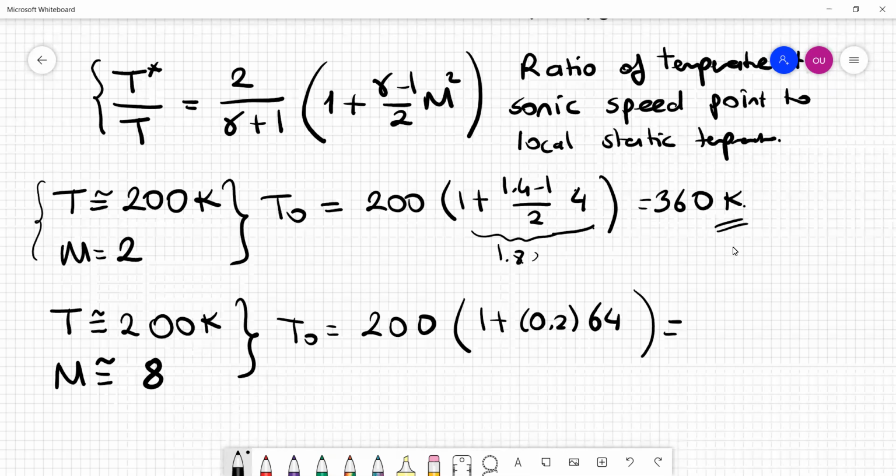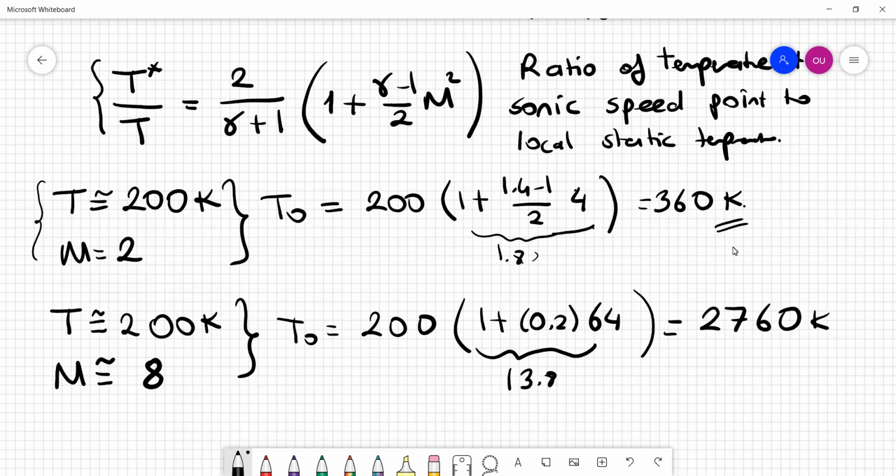So this makes 13.8. Times 200, this makes 2,760 Kelvin. Okay, now this is high. This is not a happy situation. This is almost 3,000 Kelvin, and if you do not do anything as an engineer, your flying vehicle probably